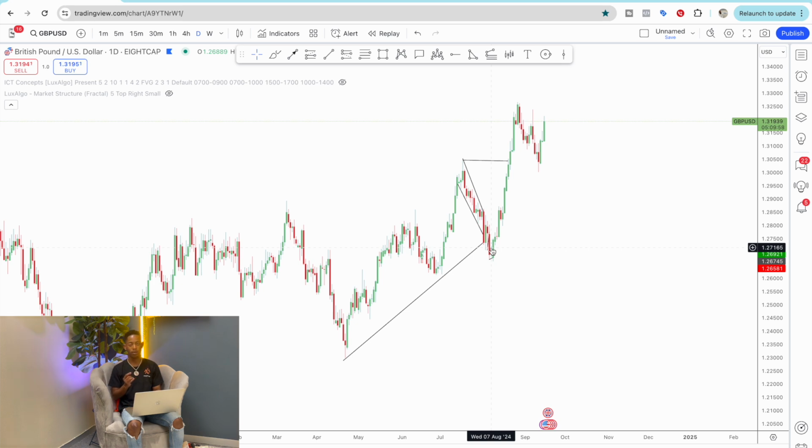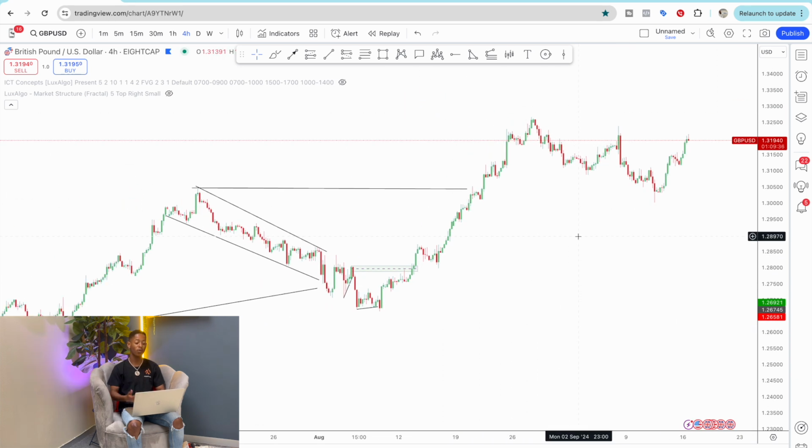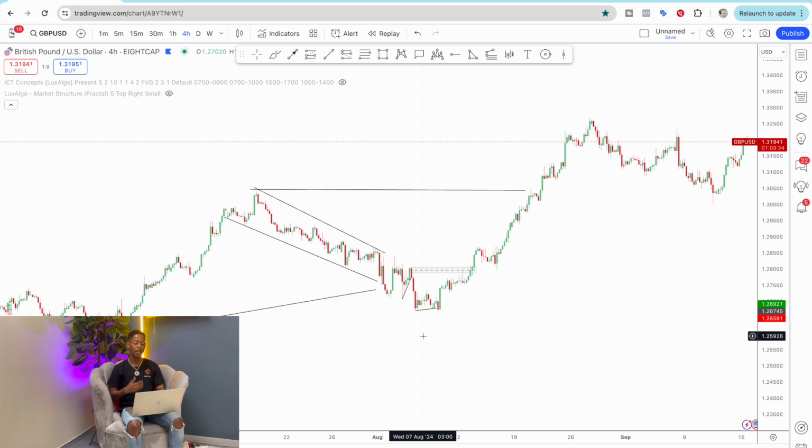And one thing that I like about this is that once price came here at the third point, you can simply see that instead of it literally just touching and going back up, it actually acted as if it broke out, which is now a fake out. And then from there, the price started shooting upwards massively. So a lot of people would have maybe missed out on this move, but for us, I'll just show you how we actually went about catching it, but at the same time how we can even go forward with this.